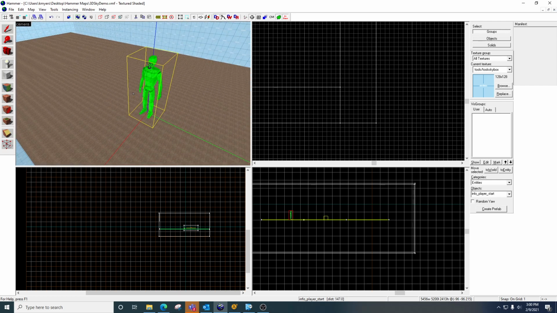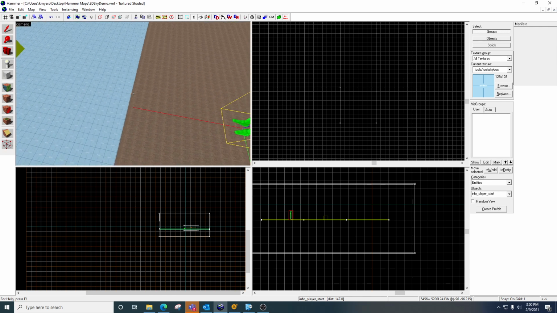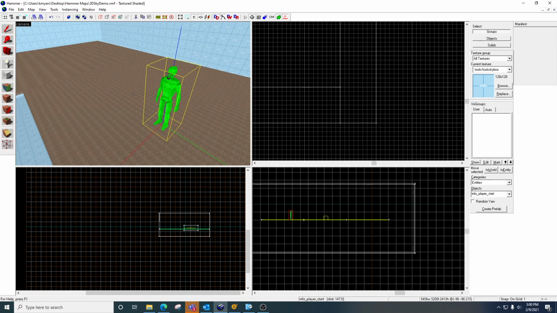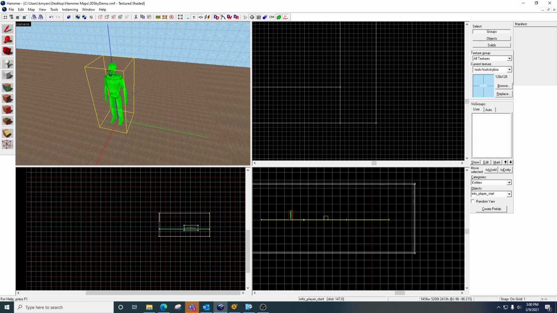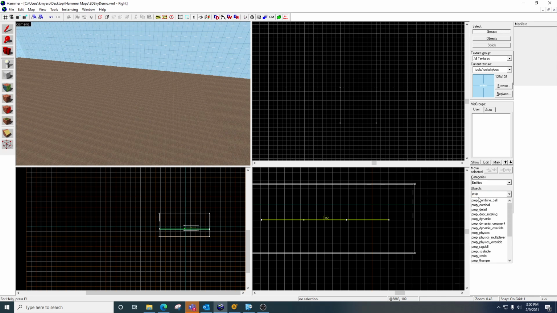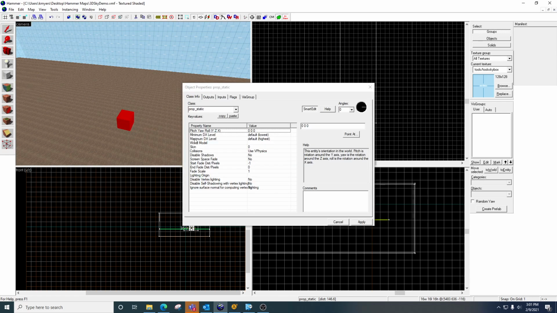But the way the projection system works is that this gets multiplied by 16 and expanded out around the map. So it just makes the map look so much larger than it actually is. So what we're going to do is we're going to put a building in here. All right. So let's go to our entity tool, and I want to do a prop static. And let's go ahead and open it up. World model,